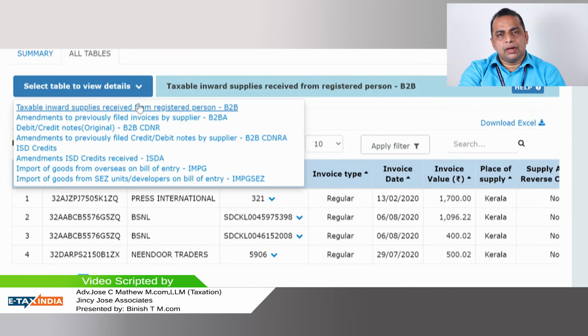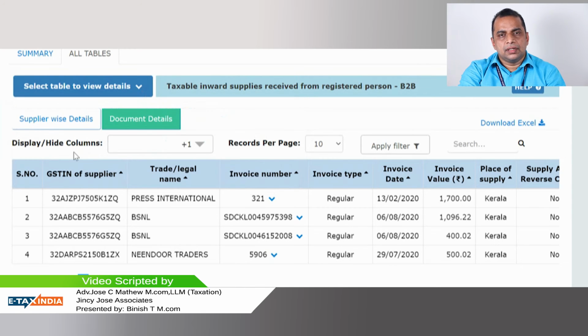So what we have to remember is GSTR 2B is entirely different from GSTR 2A. GSTR 2B is dynamic and GSTR 2A is static. It remains permanent. When we are comparing GSTR 2A and 2B, the main difference is about the period.